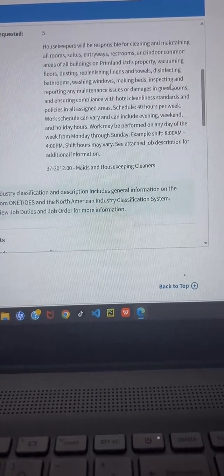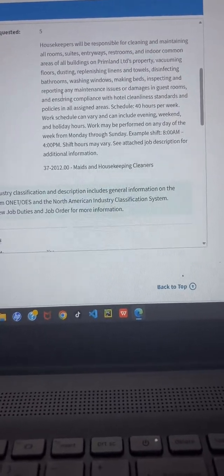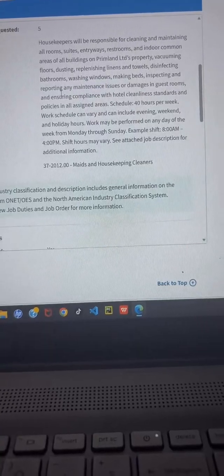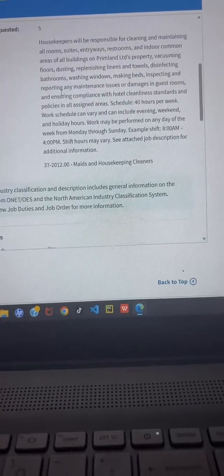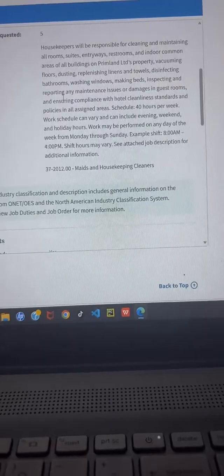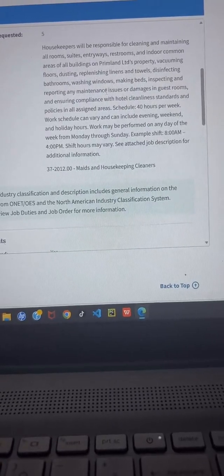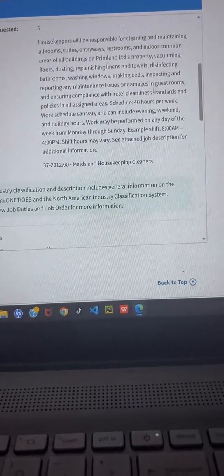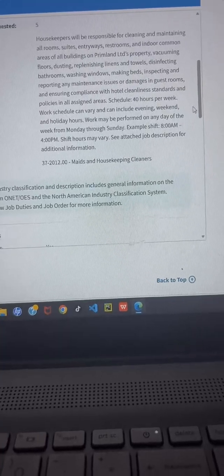Inspecting and reporting any maintenance issues, damages in guest rooms, and so forth.